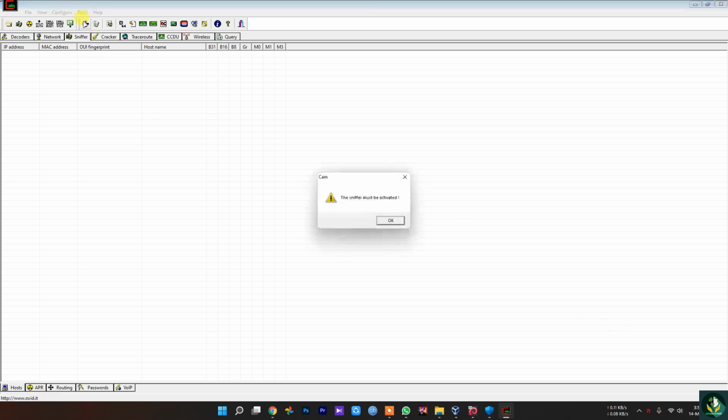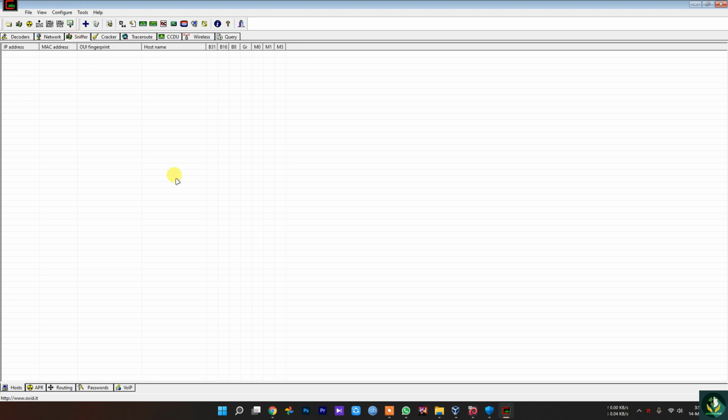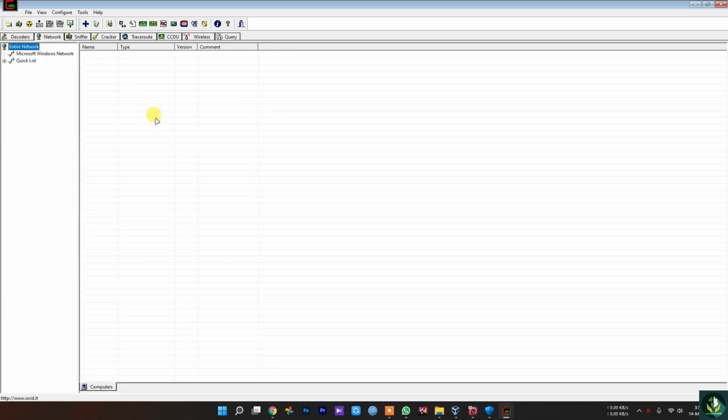So if you click on the plus sign, as you can see, the sniffer must be activated. You have to create first, then you can use the sniffer. When you click the plus sign, it will sniff all the IP and MAC addresses inside your system network. Then you can click on Network and go to Quick List, and you can see all the machines in here,